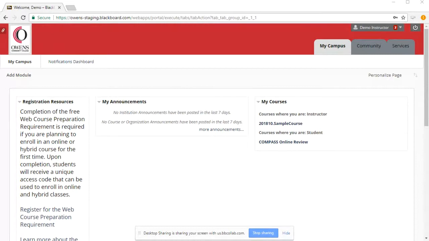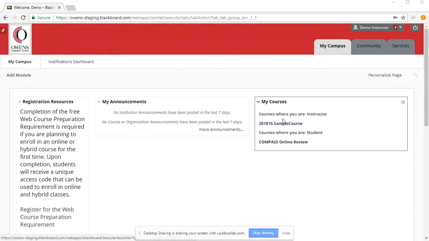As you can see, this is the home page now of your Blackboard, which has the newer and updated Owens Community College icon in the top left. The brand colors are here, and the familiar tabs are here. You'll also note that the My Courses, announcements and registration resources look very similar. However, the text colors for hyperlinks have changed. They're no longer the lighter blue, they're the darker blue. A new addition is that if you put your mouse cursor over a hyperlink, the color does change, so you as an individual will be able to see that it is a hyperlink.